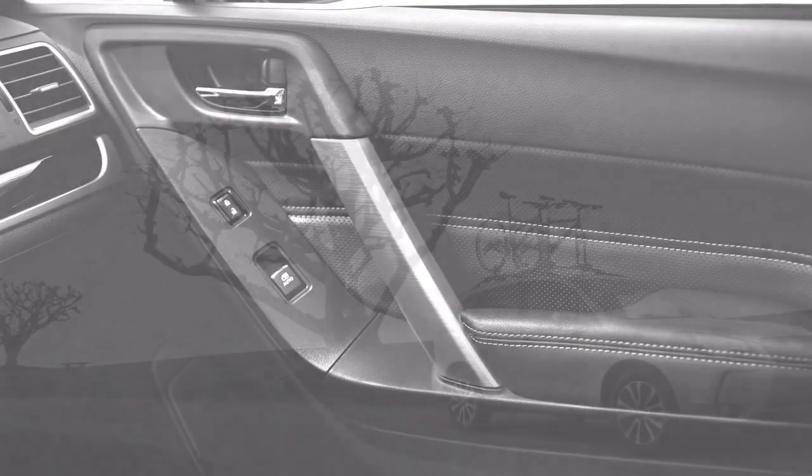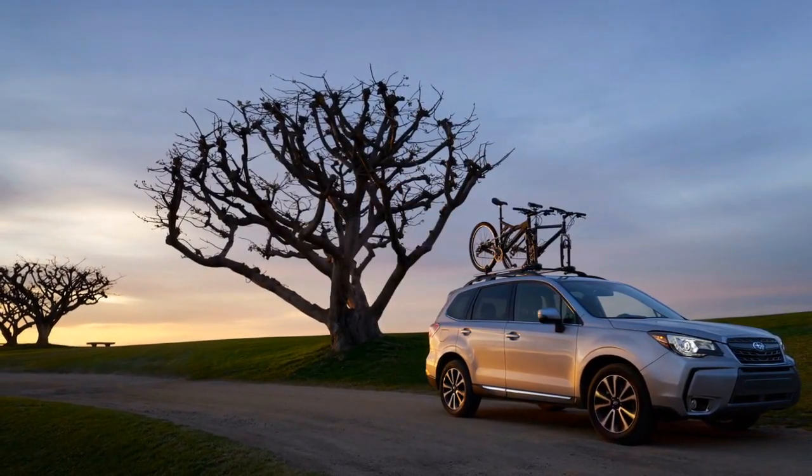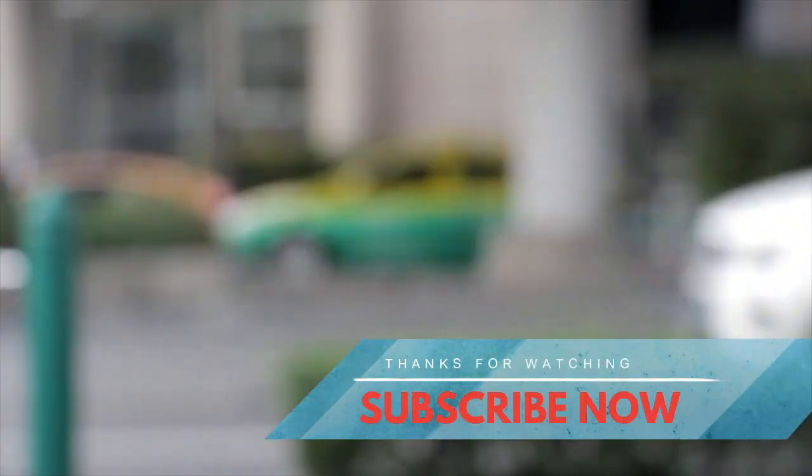280 pound-feet of torque. A version of the engine from the Honda Civic Type R. This double overhead